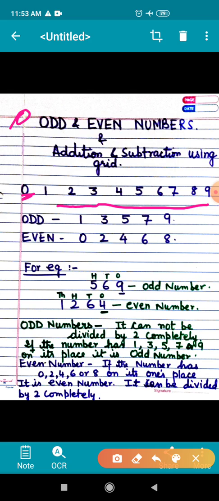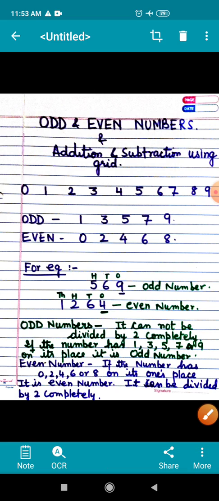Suppose if you are writing 0, no value, but when it comes with 1, it gives value to 1 and it becomes 10. Okay, so children, here